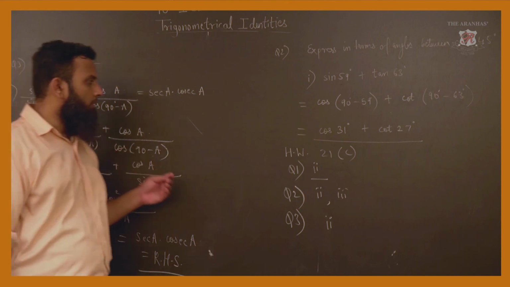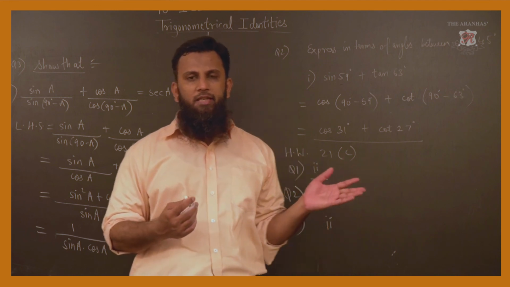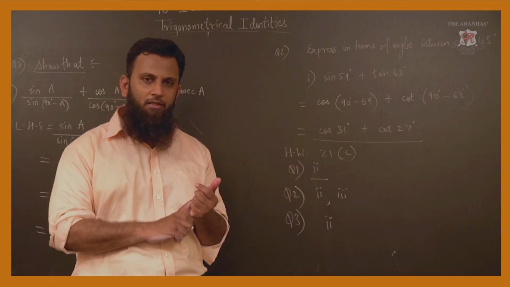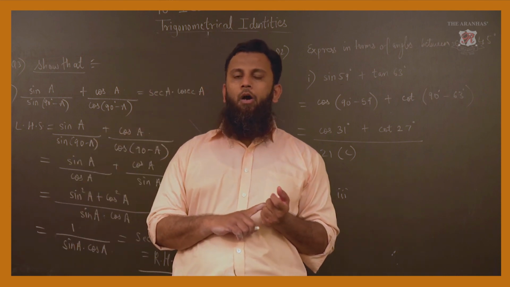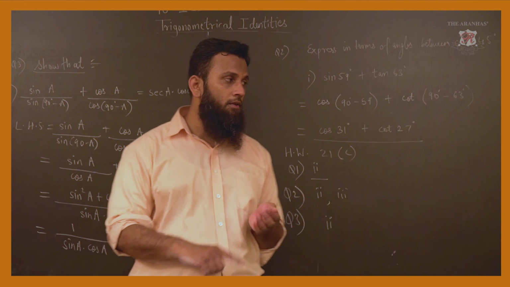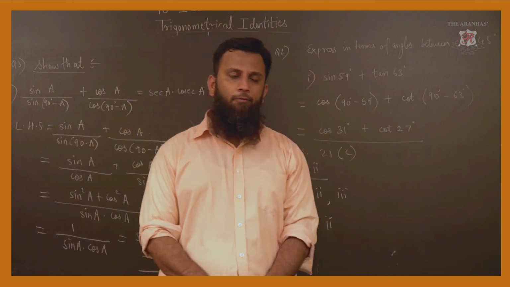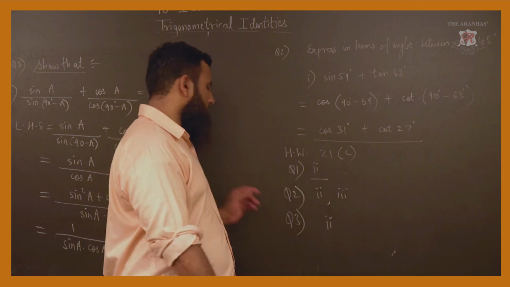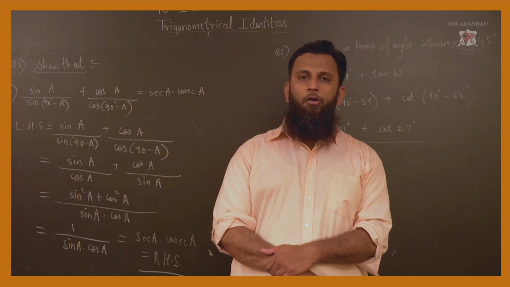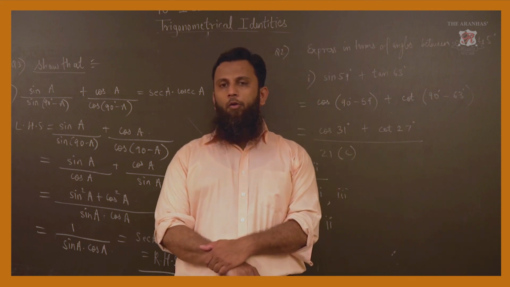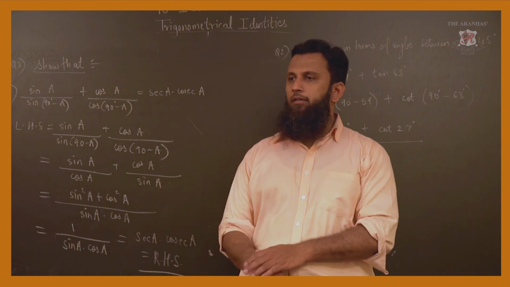So, I hope that for this exercise, whatever is taught to you related to complementary angle, variety of things we have seen: first the formulas, then we have seen how to convert it in other form and solve it, how to express them in the terms which will be in between a given angle range 0 and 45, and the next one was proving LHS equal to RHS. So, for today, for trigonometric ratios of complementary angles, this much is sufficient.